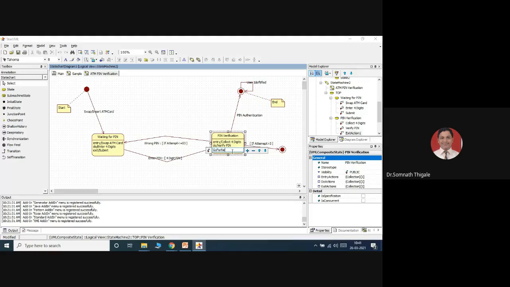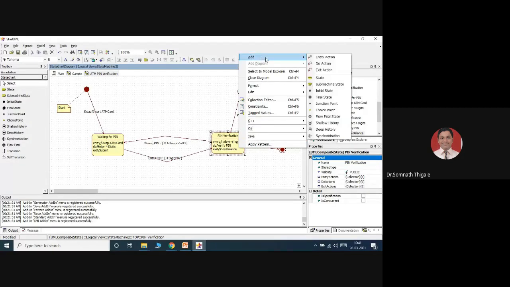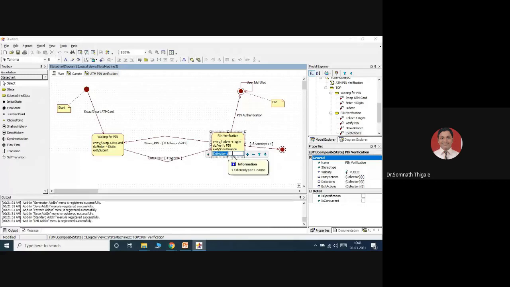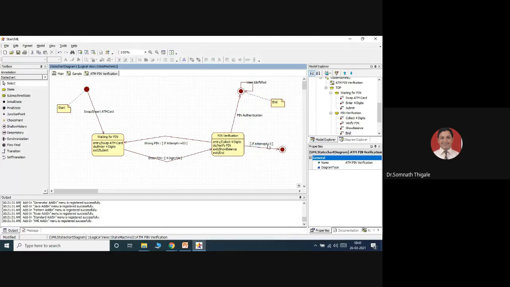So for the next state, that is check balance, show balance, when the user is identified. Or one more exit action I can add here, that is end directly if the number of attempts is greater than 3.